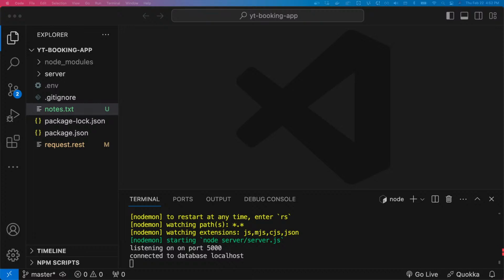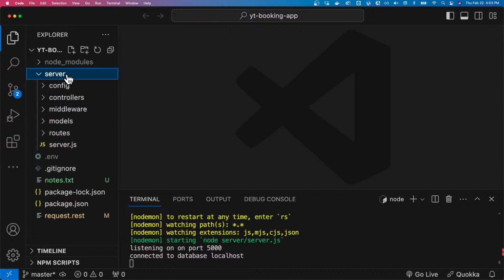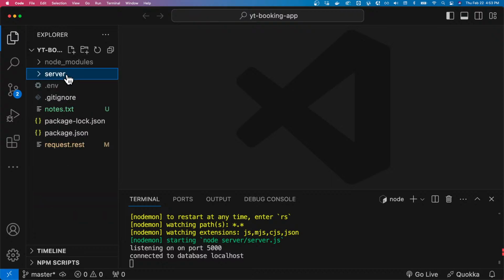In this part of the series, let's deal with the authentication side of things, where what we are going to do is create an authentication for the administration part of the application, where the administrator can log in, create a room, and then view bookings, approve, and